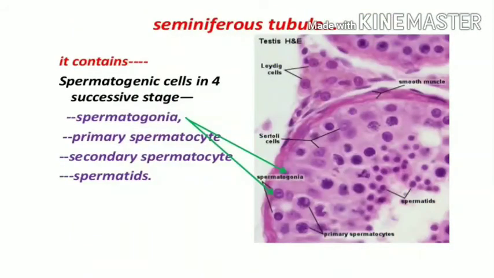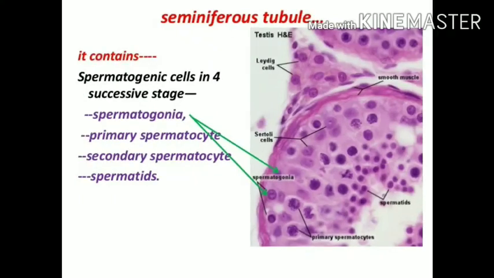Sertoli cells are supporting and nourishing cells found between the spermatogenic cells. They are elongated cells resting on a basement membrane and tapering towards the lumen. They have a large ovoid nucleus. The mature sperms are seen attached to the apices of Sertoli cells by their heads. The cells of Sertoli and the spermatogenic cells are lined by complex stratified epithelium.